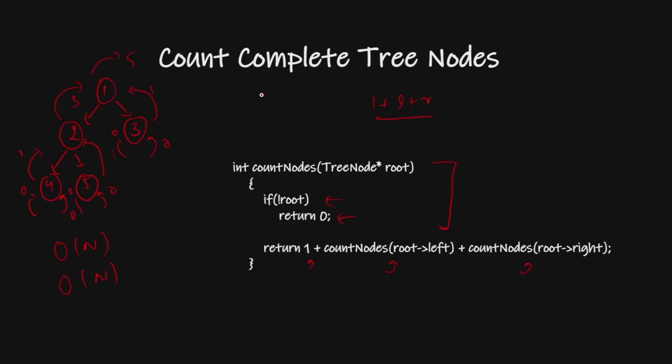But the problem is we have one more thing. This is not a general binary tree. We have a specific type of binary tree, which is a complete binary tree, and the property of this is that all levels except possibly the last are completely filled, and second, all the nodes are as far left as possible. If we have these two unique properties, can we use them to solve this problem in less than O(n) time complexity? Let's understand the second solution, which is only for this complete binary tree.